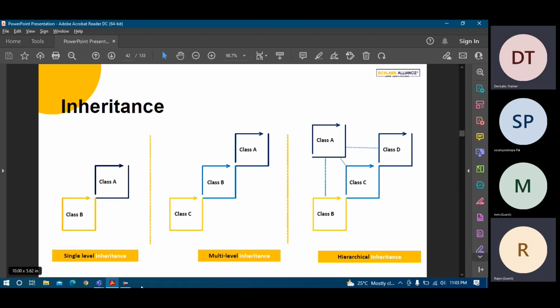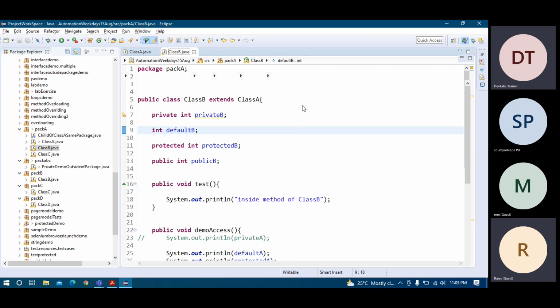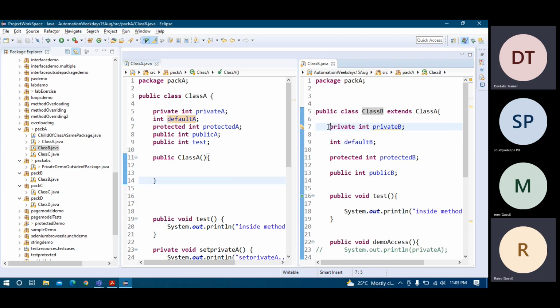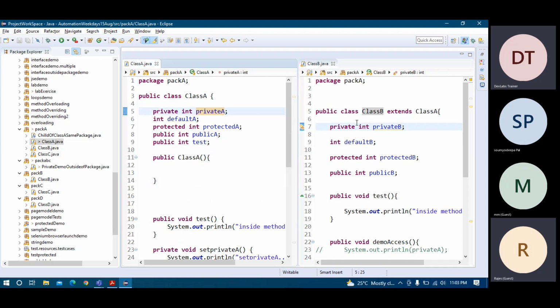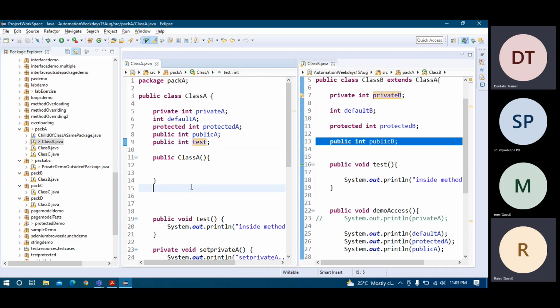Let me go to the design first. You see here, I have a class A, I have a class B. Let me show you side by side. So in class B, same structure I have tried to create. Just a variable name I have changed. So private A, default A, protected A, public A, test. Private B, default B, protected B, public B. And